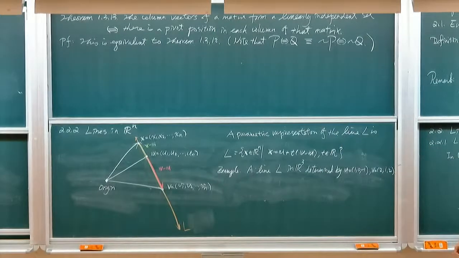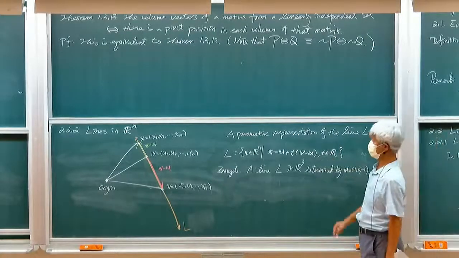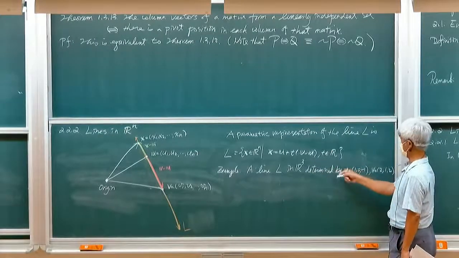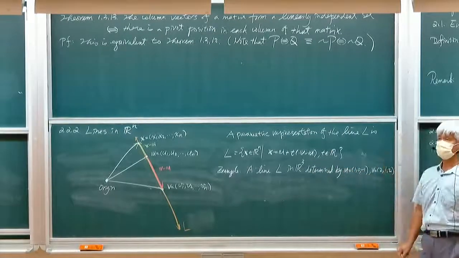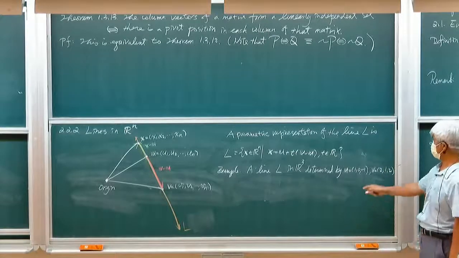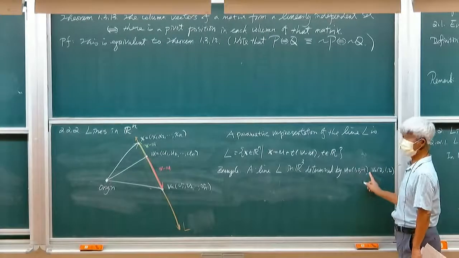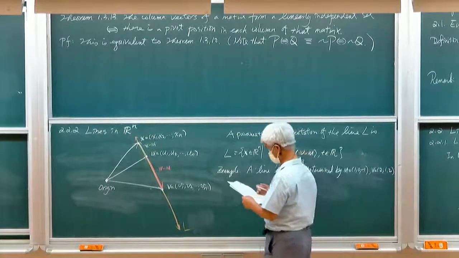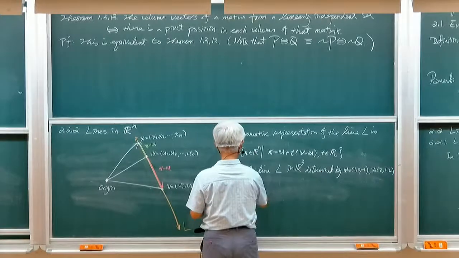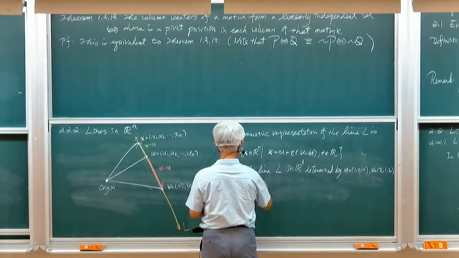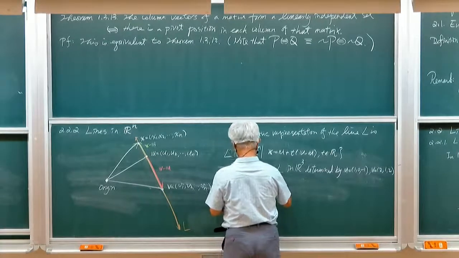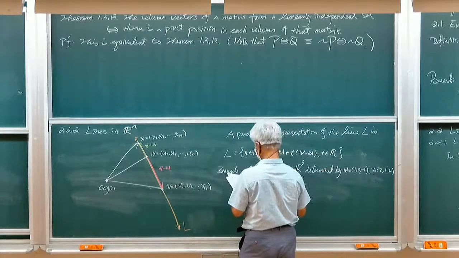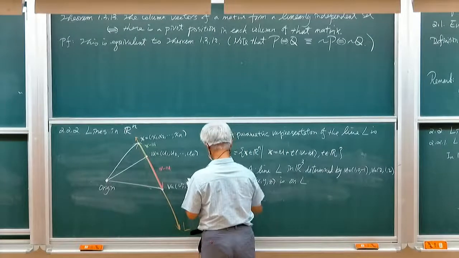So in 3-dimensional Euclidean vector space, by Euclidean geometry, these two points are distinct and determine a line. So that (x, y, z) is on L if and only if